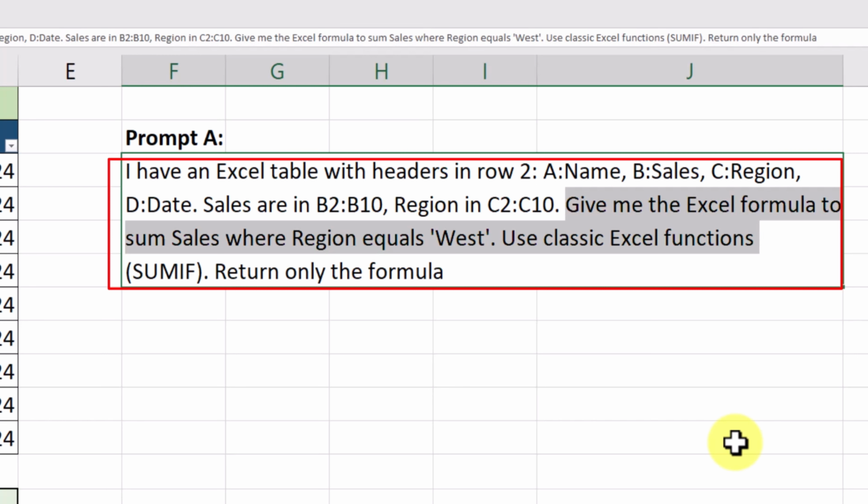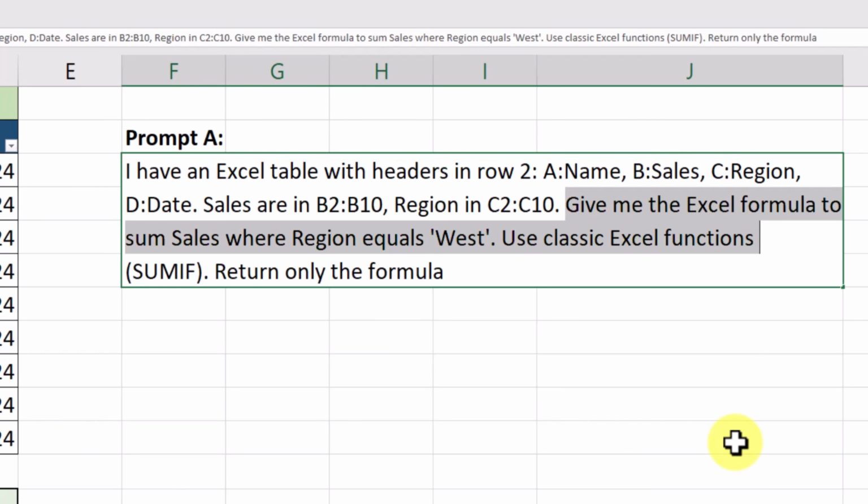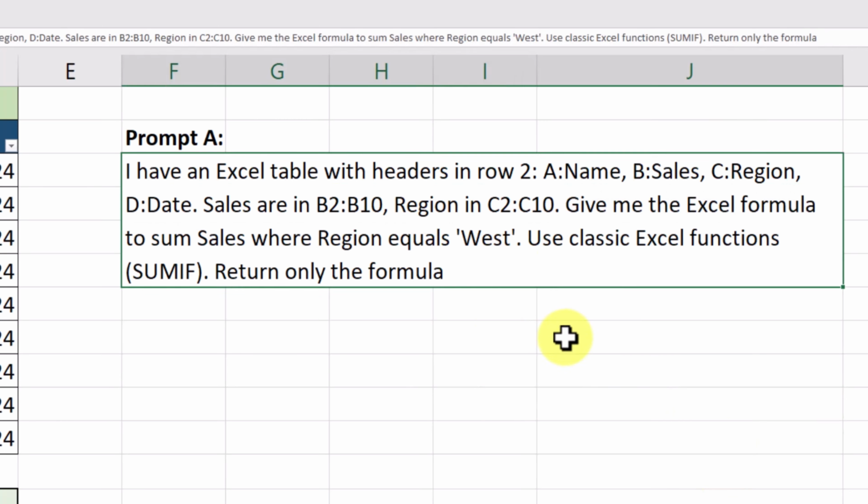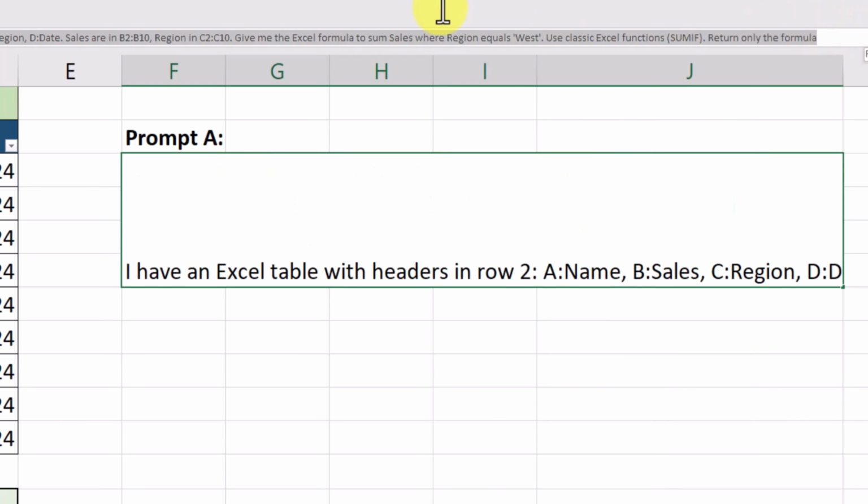Use classic Excel function SUMIF. Return only the formula because we don't need the solution. We just need a ready-made copy-paste formula to paste in our Excel sheet and get the total. Let's see how. What I will do, I will copy this prompt,